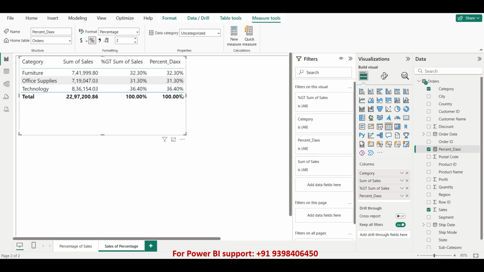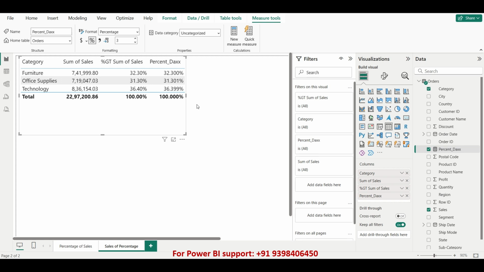So why did we create percent DAX again? Because if you want to refer to this percent DAX in your later reports, you can simply refer to it. And if you're using this percent DAX in 40 places, if I want to reduce the number of decimals, I can simply click on this down arrow. It will get reduced to 1. And if I want to increase the decimals, I can do this as well. Now the advantage here is, if you change it at one place, all 40 places will get changed,